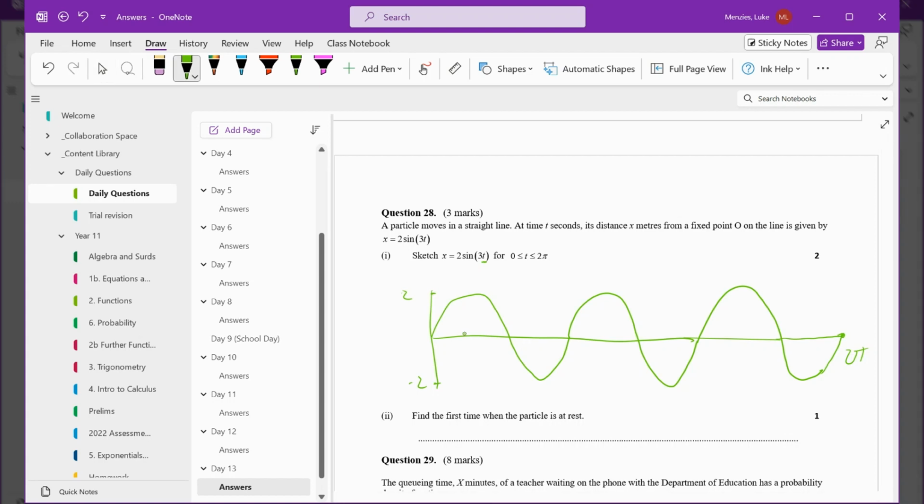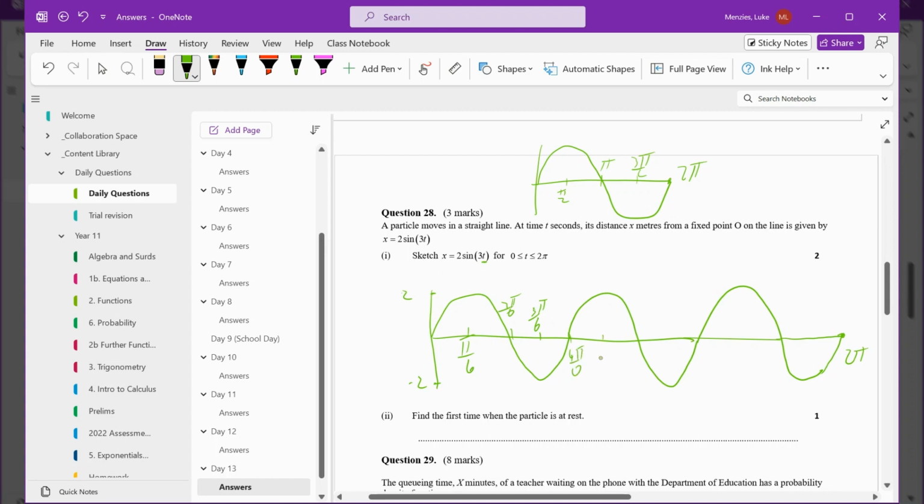So normally, if you think about the normal one, it would be like this: pi on 2, pi, 3 pi on 2, and 2 pi. Now what I'm going to do is just divide each one of these by 3. So this actually becomes pi on 6. So these all go up in pi's and 6's now. So this would be 2 pi on 6, 3 pi on 6, 4 pi on 6, 5 pi on 6, 6 pi on 6,